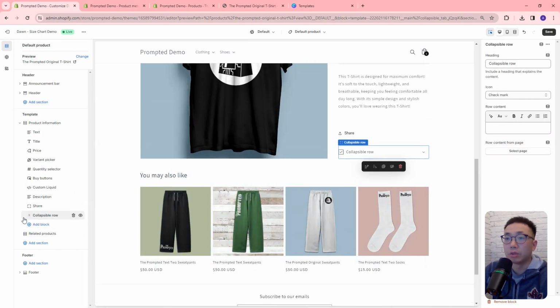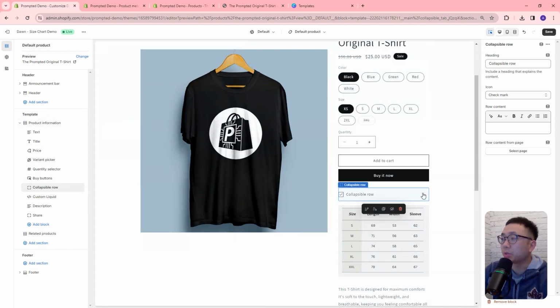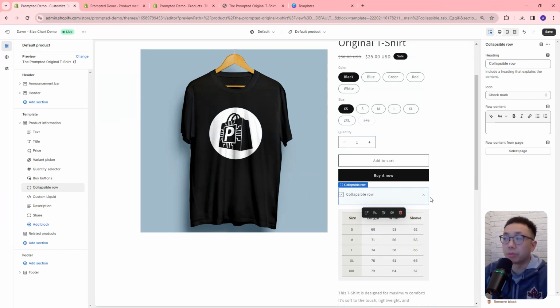Okay, so let's move this up as well. Let's place this right there. Okay, so this collapsible row creates a section where you can reveal some additional information by opening it and hiding it if we're closing it. And so that's really useful for your product